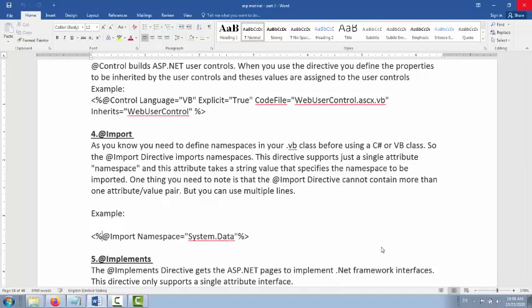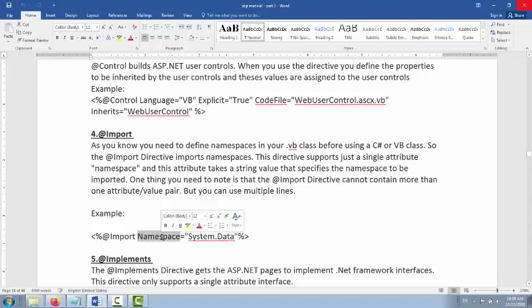The import directive cannot contain more than one attribute, or we can say pair value, but you can use multiple lines. So we can use multiple lines of import statements. Let us see the import directive: import namespace is equal to, in double quotes, your namespace, for example system.data.